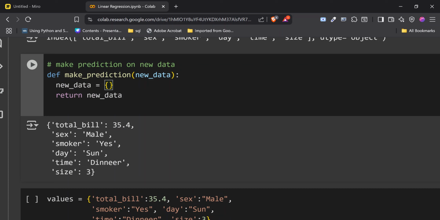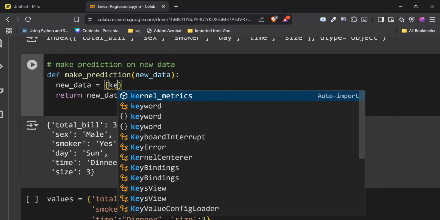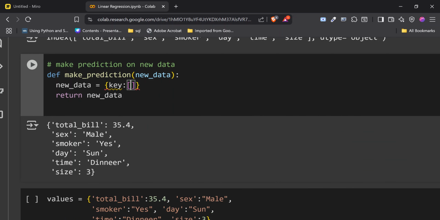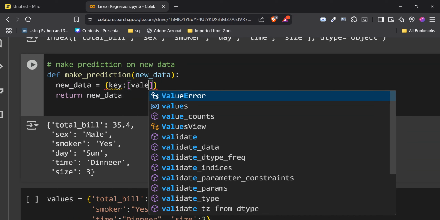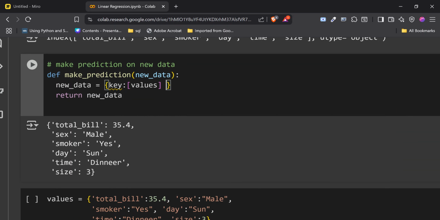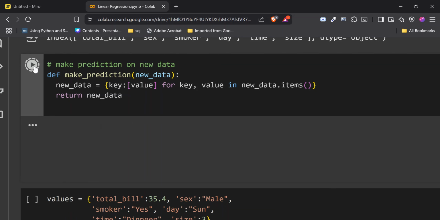So we are going to say key, then value inside a list, for key, value in new_data.items(). Then now, if we run this, let me just run this and show it to you.